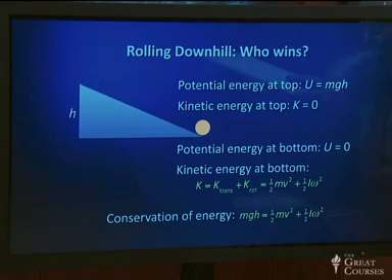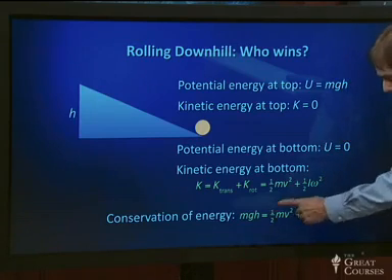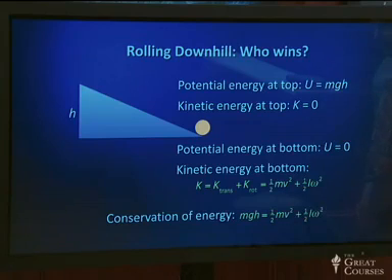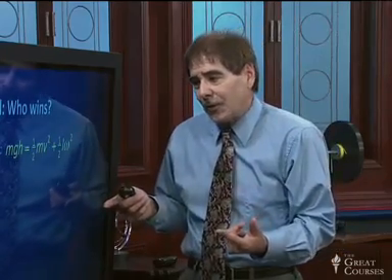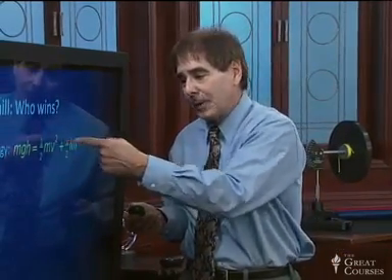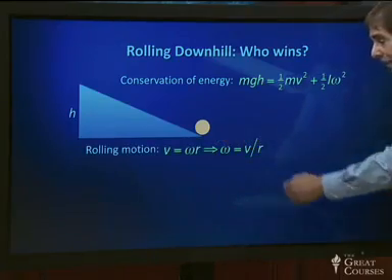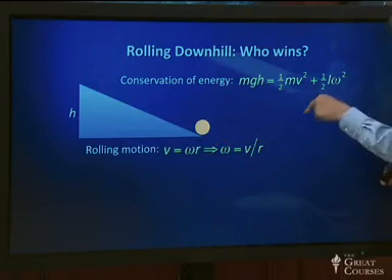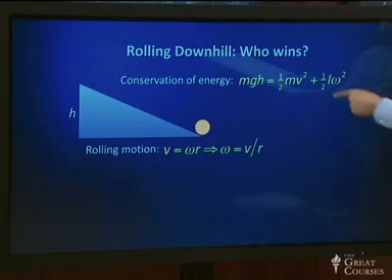Conservation of energy says the initial energy, mgh, is equal to the final energy, which is the sum of these two kinetic energies, these two different versions of kinetic energy. So conservation of energy tells us mgh equals a half mv squared plus a half I omega squared. We can't go much further with that unless we know the relationship between v and omega. But we do know that relationship. In rolling motion, v is omega r, or omega is v divided by r. So I'm going to stick v divided by r in for omega,